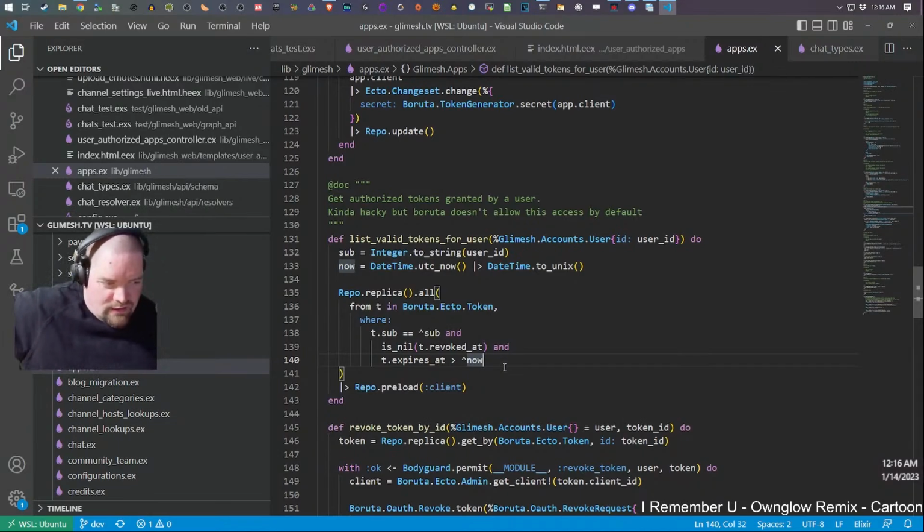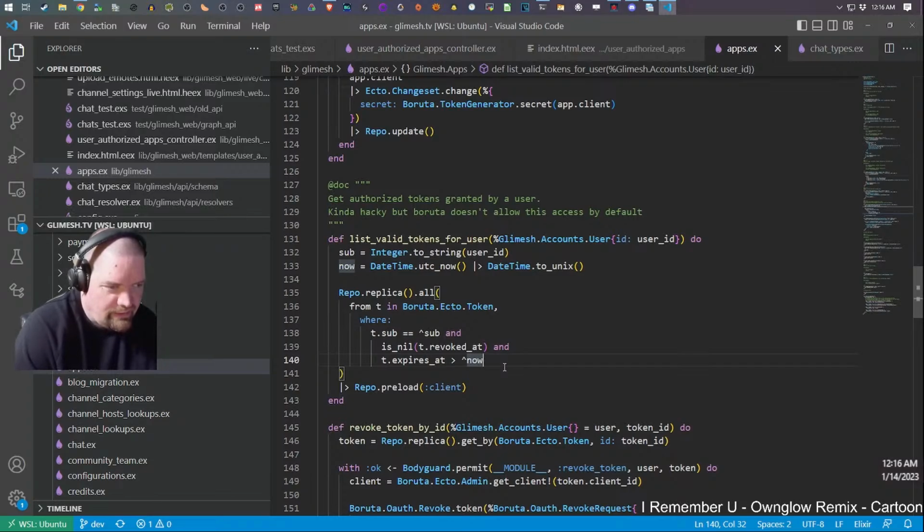Whether it's correct or not, I would always just bring them back regardless of the expires at, because the users are going to expect them to be there. And the worst that happens is they revoke a token that was already not going to work. Whoop-de-doo. But at least it's there and they can see it. That's probably the fix we would need there.